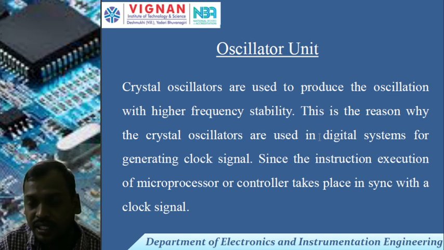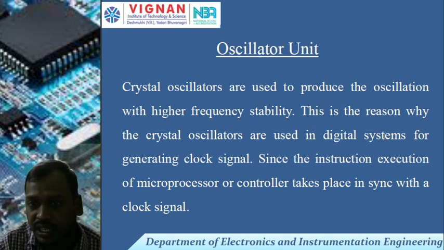Why do we require a constant frequency? To execute the instructions. Suppose you take the instruction MOV AX, BX; it will execute in 2 machine cycles. If 1 machine cycle takes 1 millisecond, then 2 machine cycles will be 2 milliseconds. Like that, to execute the instructions a time period is required, and a time period means the frequency is required. Generally, you know, time period is equal to 1 by f. Like that we can calculate the time period.